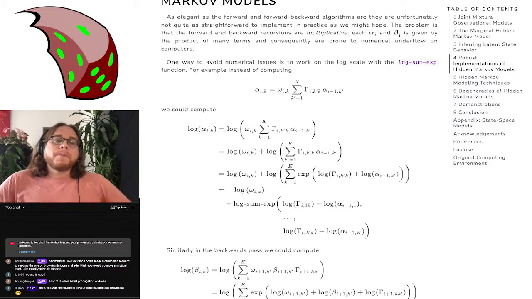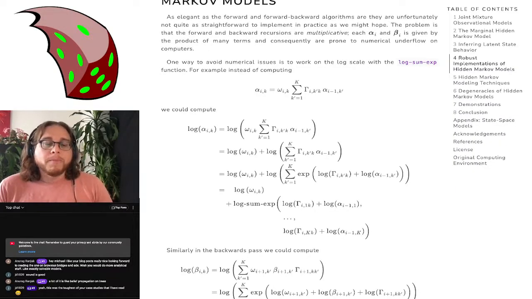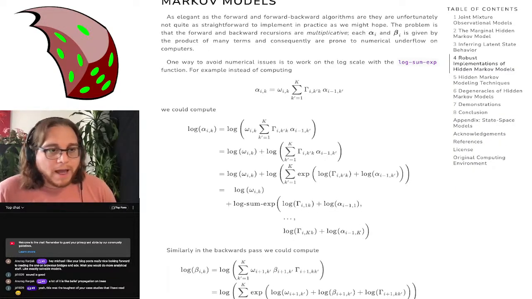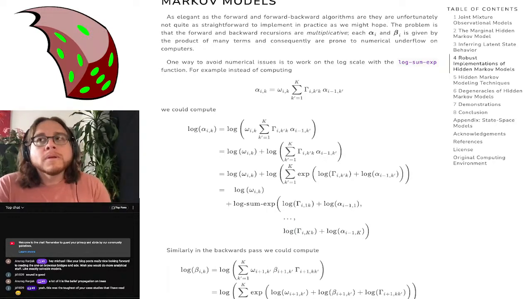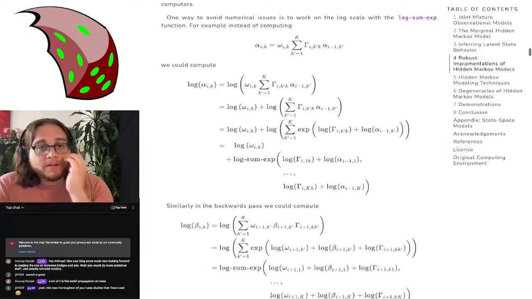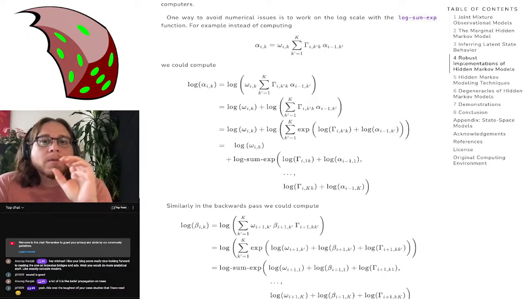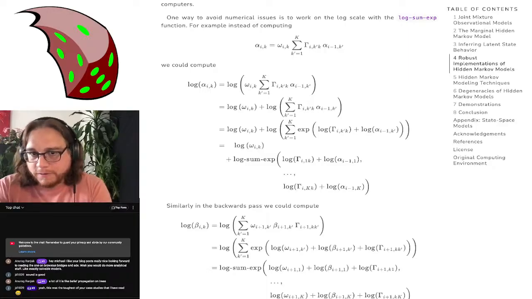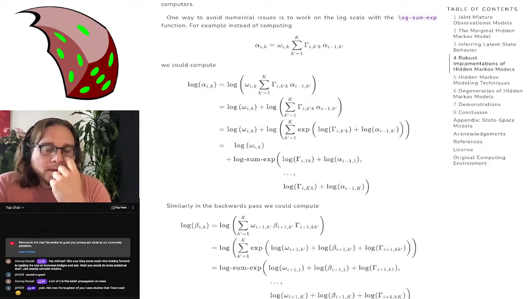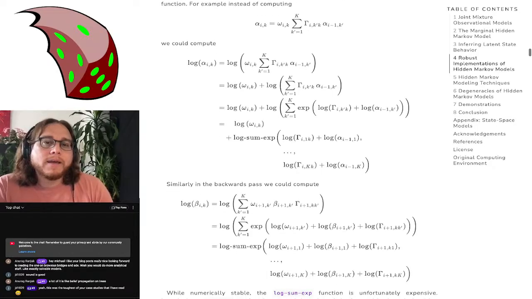All right. So our problem in implementing these algorithms, if we're multiplying these terms, is that multiplication's not great. Repeated multiplication is not super stable on a computer. There's a few ways around this. One way around it is to work on the log scale. So instead of working with the alphas, omegas, and gammas, what if we work with log omegas, log gammas, and so on? If we try to take a log of both sides of the forward equation, for example,